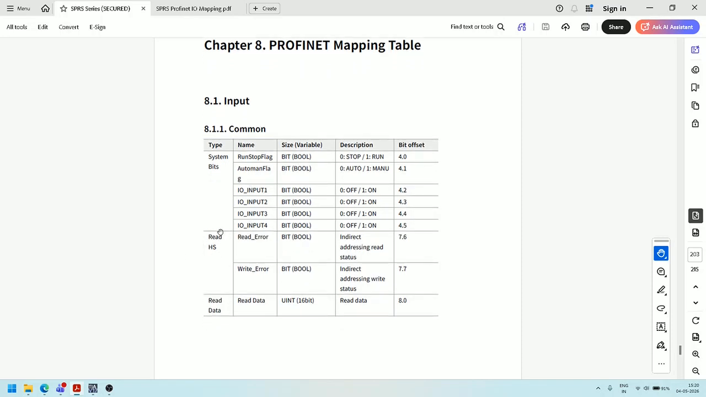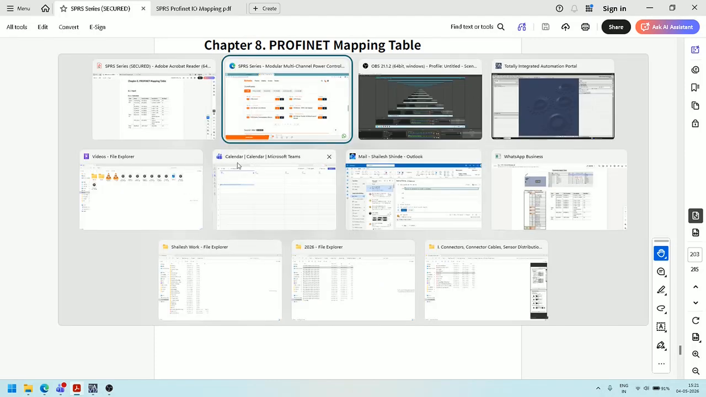Then we have read Modbus error flags. The Modbus flags and the communication, why it's included in Profinet, there is a separate video on it. You can go and check out the video. So these are the read Modbus error flags and read data from Modbus register. So these are the common data. So how this data is mapped, if we look,